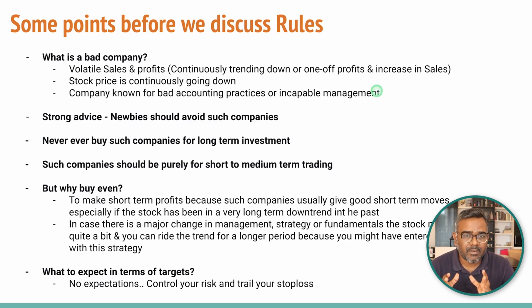Okay, so today I'm going to focus purely on companies which are pretty bad and how you can buy them, and stocks which are pretty small and how you can buy them after a major crash. So usually stocks which are pretty bad have a prior downtrend in terms of the stock price movement. Now, that's the second point I wanted to mention. Any stock which has been going down continuously for the last 3 years, 4 years, 5 years, or 10 years, in the case of Suzlon, the stock has been in a downtrend for almost 10 years, right? So these stocks are what we call bad companies, and we want to focus on them.